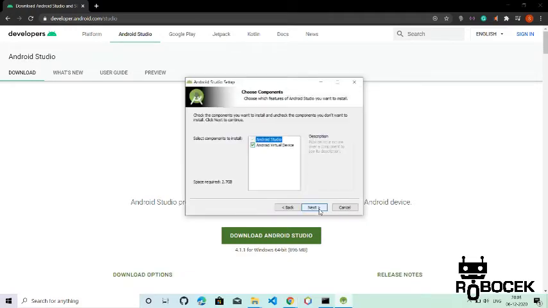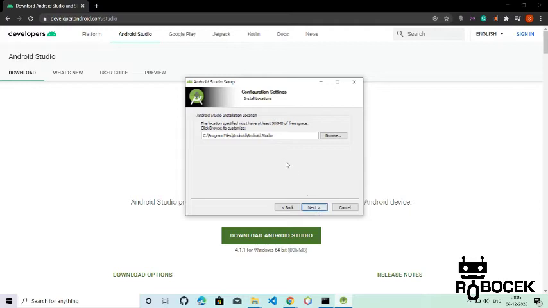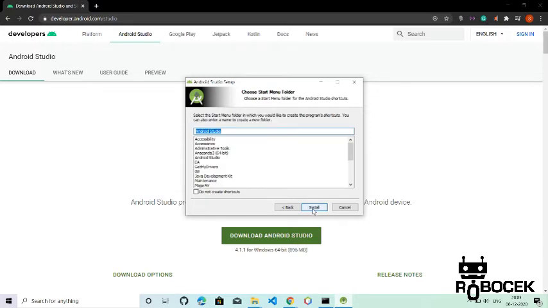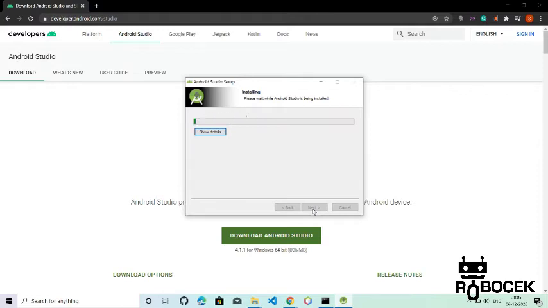Click next. So, yeah, this is where Android Studio is getting installed. Yes, okay. Install. Click on next.